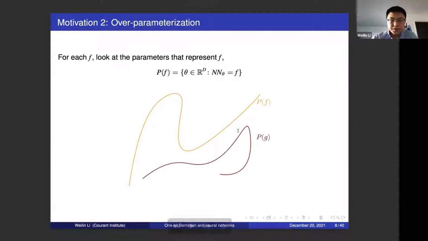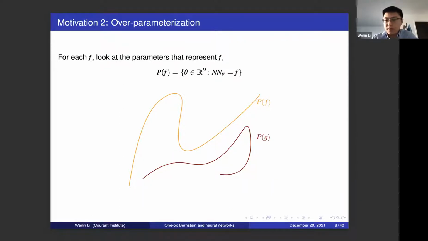Our second motivation is more conceptual. These networks contain way more parameters than probably necessary, which means that they are over-parameterized. For a given function, you can usually find several sets of parameters that will represent that fixed function. So in other words, if we define P of F as the set of parameters whose neural networks will generate this fixed function, if we just imagine it as a curve in this extremely high dimensional